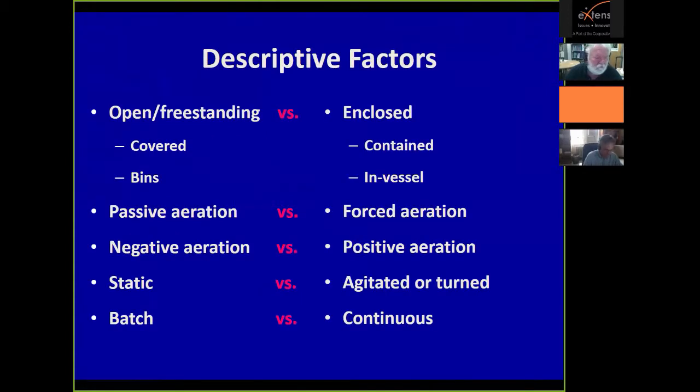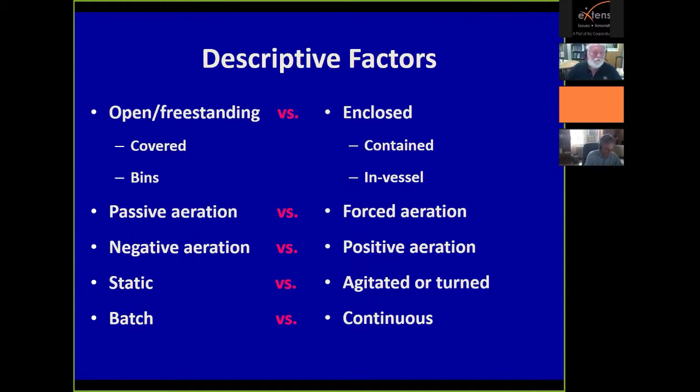We can describe composting approaches by using these descriptor terms. They can be an open or a freestanding system. They can be enclosed. They can be covered. They can be in bins or bunkers. They can be passive aeration or forced aeration. They can be negatively aerated or positively aerated. They can be static or they can be turned. They can be a batch type system, or they can be a continuous flow type system. In other words, there are lots of different ways of making compost using a wide variety of different